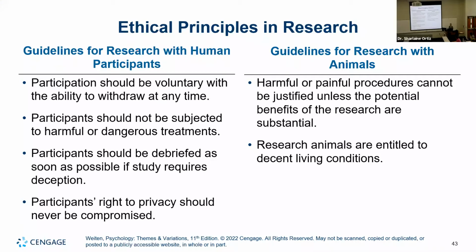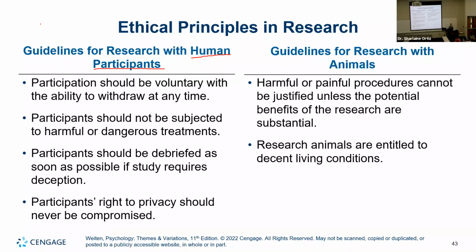Now, how is it that we can conduct research with humans? I will say this is an immensely succinct and brief overview of ethical principles. We have careers solely based on ethical standards, so this is simply one slide to give you a brief overview. I don't want you to think, oh, that's all I need to conduct research with animals and humans. There is a whole board that you need to go through, specific education and training, specific supervision. There are many requirements before you become a scientific researcher with both humans and participants.